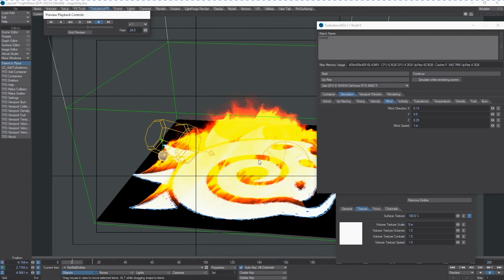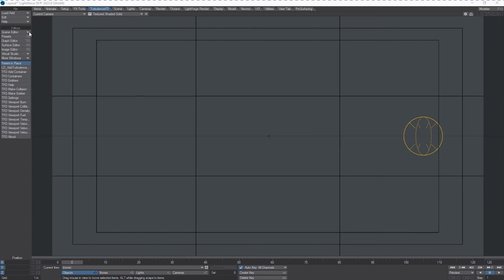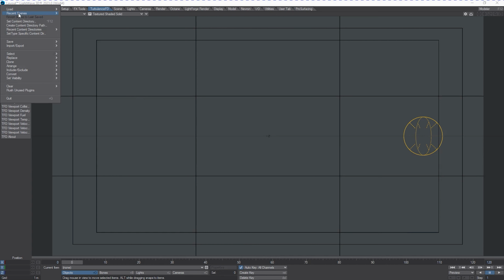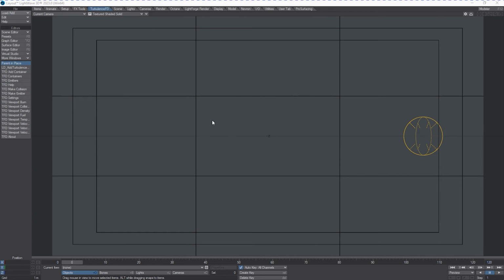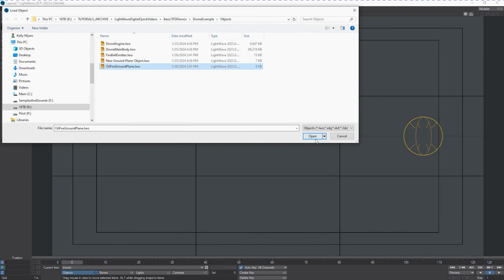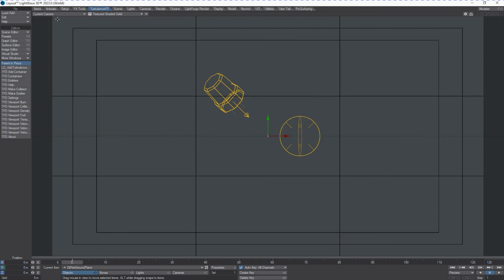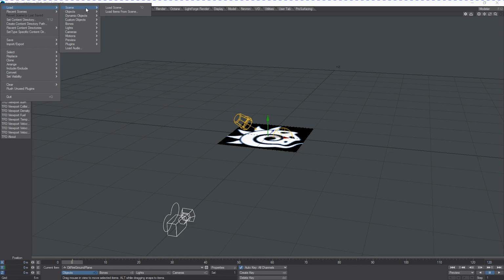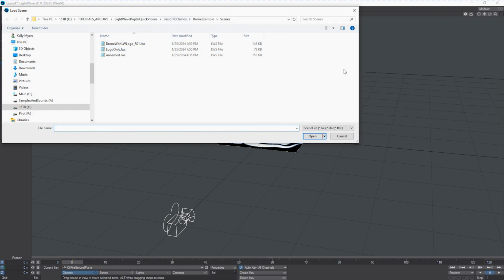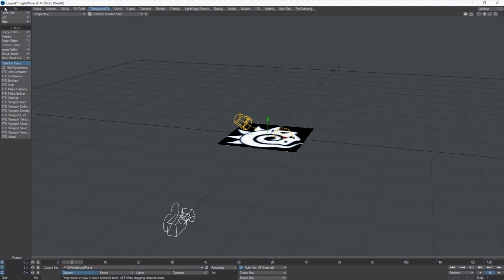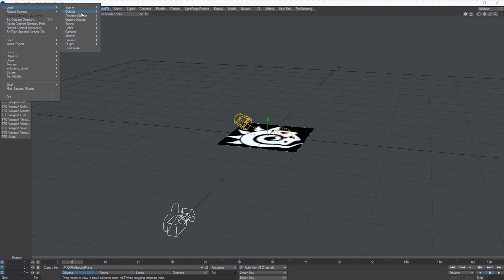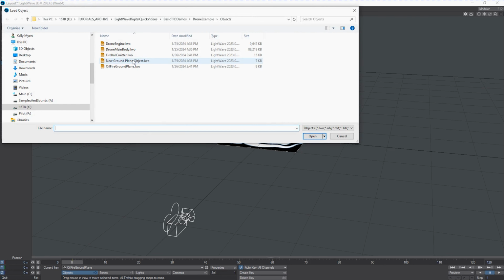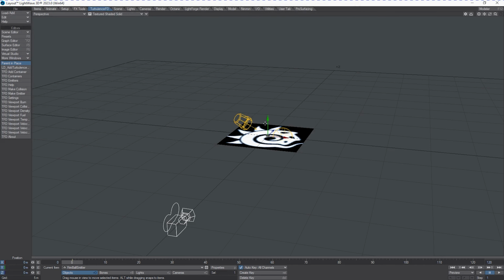Okay, let's get our emitters and our containers set up. All right, so let's load our oil ground fire plane. Okay, let's go to the perspective view and check that out. And this is about 10 meters by 10 meters on the X and Z. Let's go and load our fireball. Okay, so now we've got a ball in the scene,